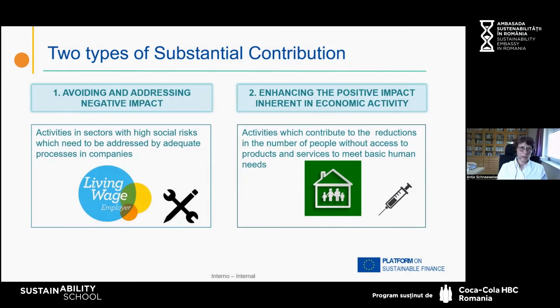The first would be avoiding and addressing negative impact. Here we would think that an activity or certain activities might have a socially negative impact on people, and the substantial contribution would be to avoid this negative impact and to address this